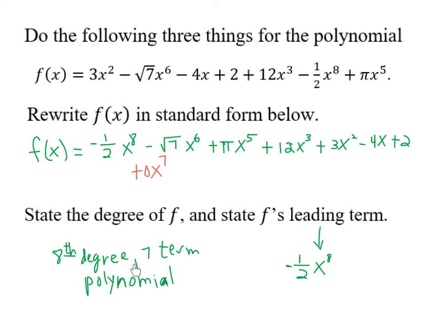I didn't ask for how many terms, but it's an 8th degree 7-term polynomial. All right. And the leading term is negative 1/2 x to the 8th. And as I was saying, one reason we're going to pay attention to that leading term is we're going to see later that we can basically know that this polynomial is going to do the same thing that 1/2